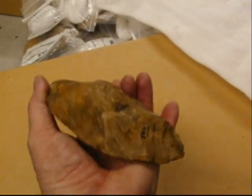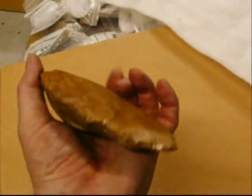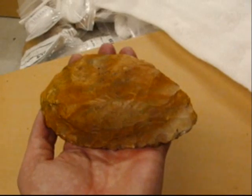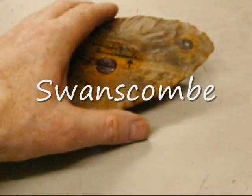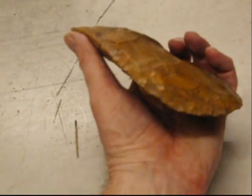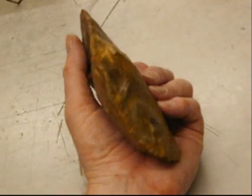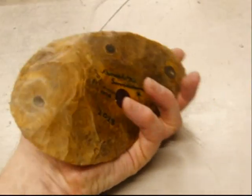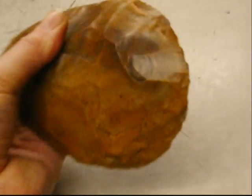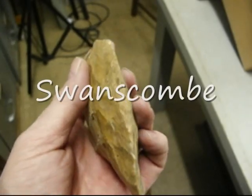Hopefully this has given an idea of a little bit about these items, what they're like in the flesh, what they look like, and this particular one gives a real good feel for the fact that they were very, very eccentric items,